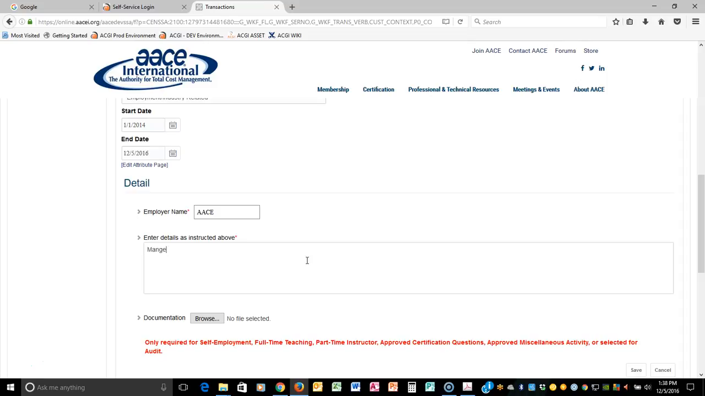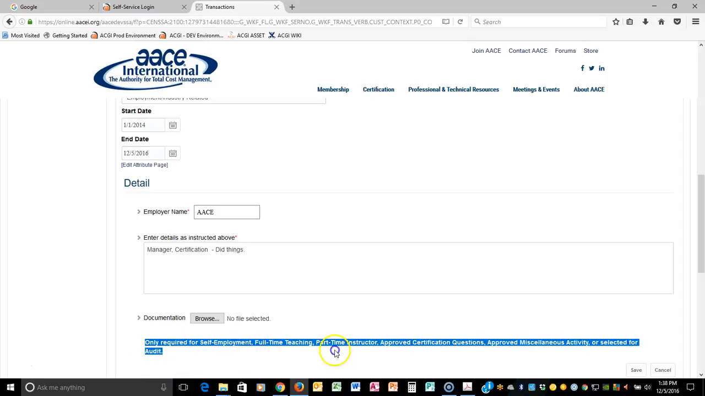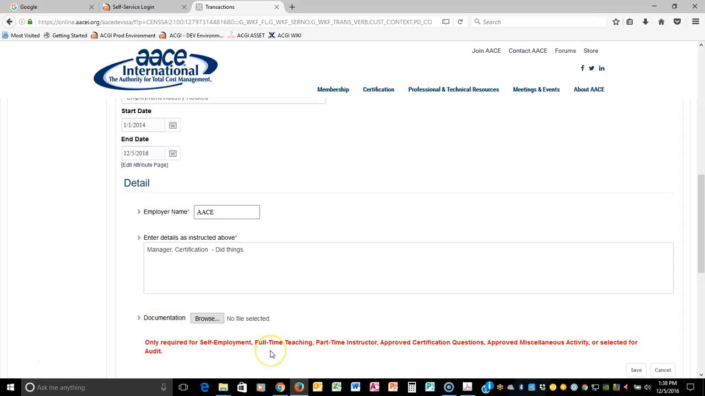So let's pretend that I am the manager of certification, which I am. And I did things. I'm not going to belabor this by being very specific, but I can just give a brief overview. Now, for this particular category, you're going to see this documentation browse button here. Now, just as in the old application, you're not required for many of these items unless you're audited to provide documentation for this. But down here, this particular red information is important because it's saying for documentation, it's only required